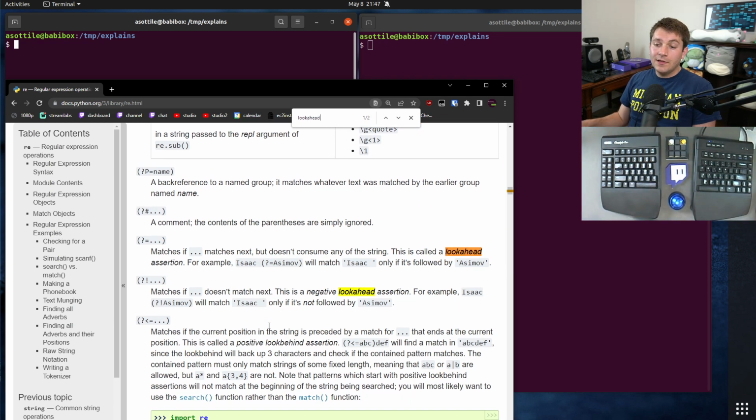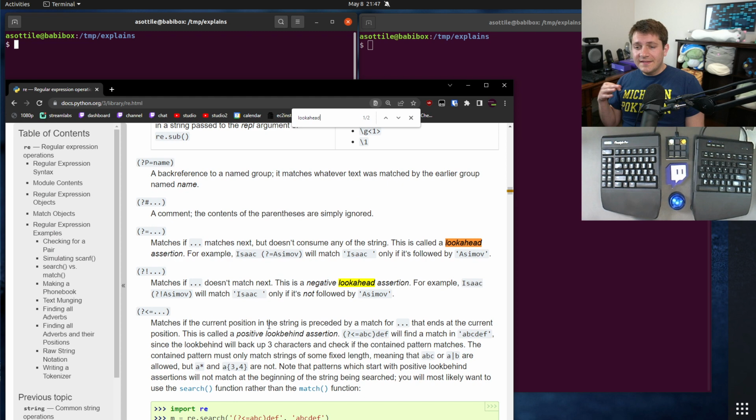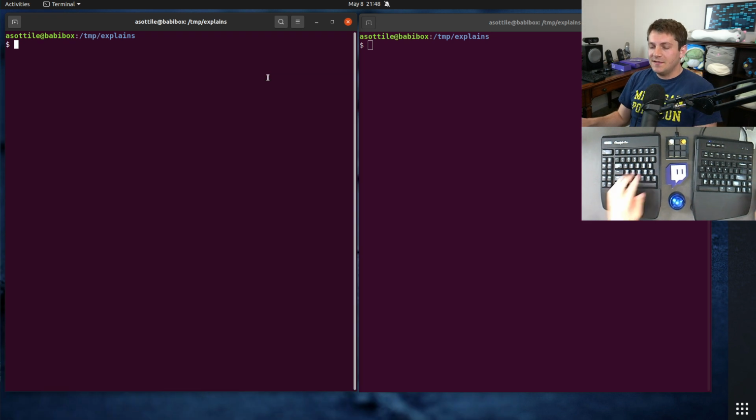Lookahead and lookbehind. So basically what a lookahead does is, at the current position that the regular expression is looking at, it makes an assertion about the characters ahead of it. A lookbehind is similar, but it looks at the characters behind it. So for instance, if I